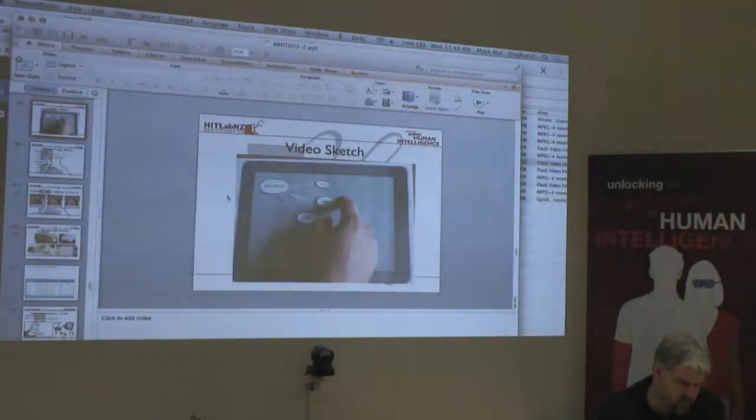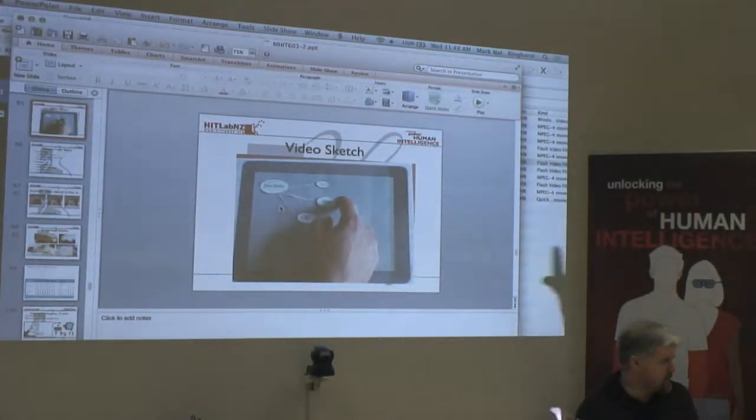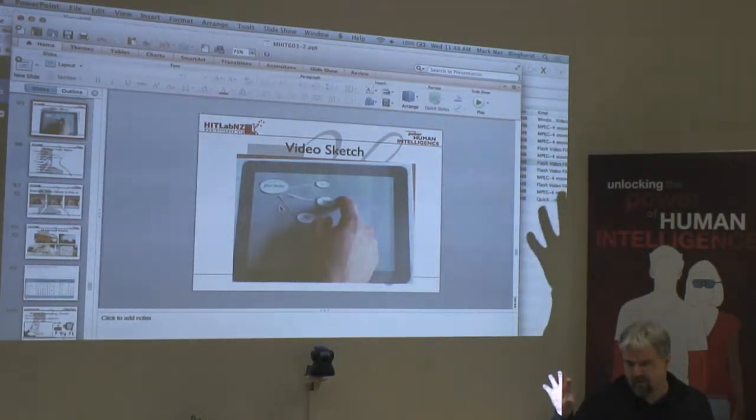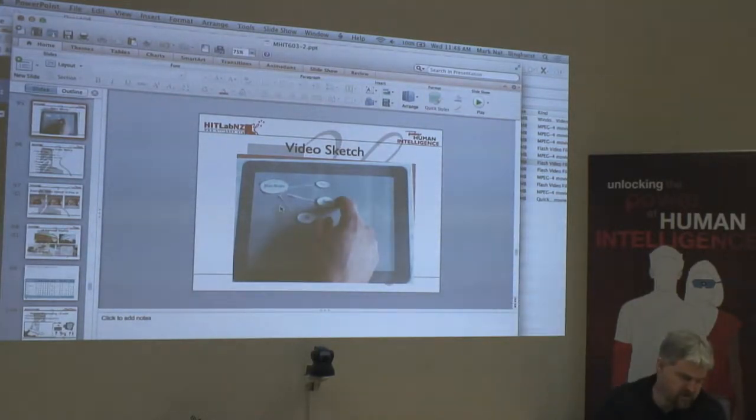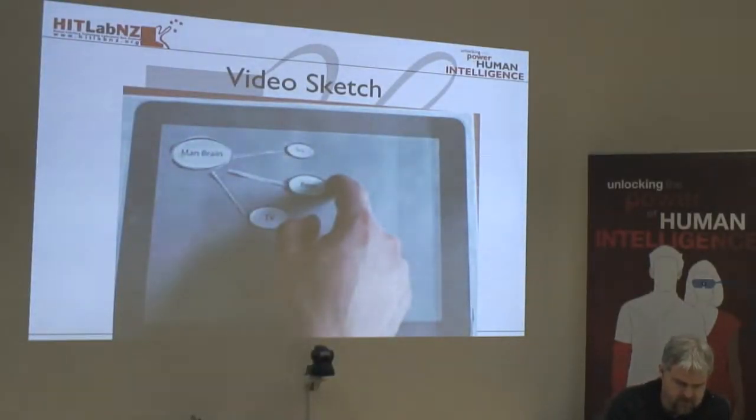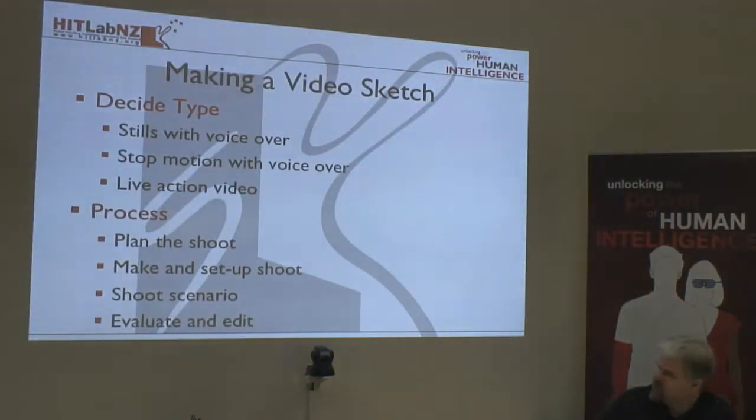From that, you can get a quick idea of what some of the functionality might be required. So if you really want to make this real, you have some way to recognize the bubble, a way to draw lines, and a way to delete and copy things. So to make a video sketch, you stop motion like you just saw, or